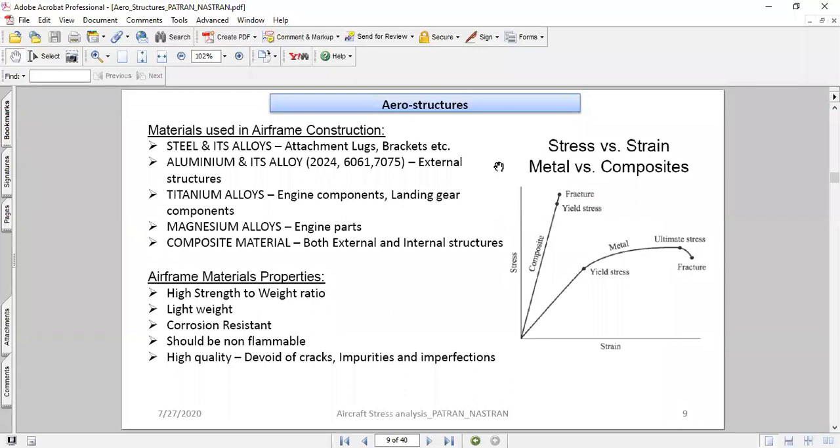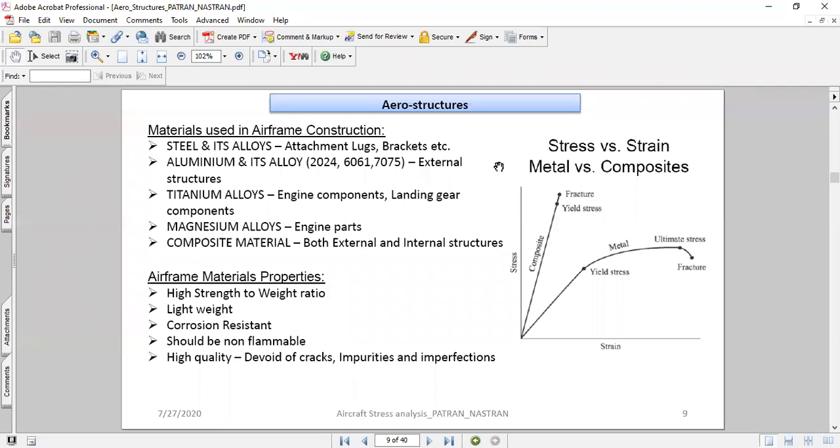So let's take a look at what kind of materials are used in aircraft construction. Primarily, aircraft these days are about 90% composites, CFRP, carbon fiber composites, or glass fiber composites, and the attachment lugs and the metallic items could be aluminum, mostly aluminum.